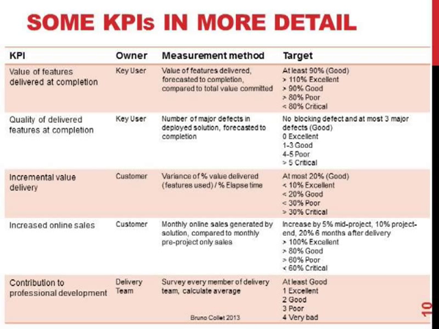The owner. Why is there an owner for a KPI? Why is it not just the project manager who is the owner of the KPI? Actually, it's a common mistake to have the project manager determine by himself or by herself the KPIs and how to measure them. The project manager will typically help and collaborate with the stakeholders to define the KPIs. The KPIs have to be chosen by the stakeholders who are interested in them, and the way to measure them, the measurement method, has to be agreed upon in collaboration with the stakeholders. Indeed, we want to make sure that the stakeholders are accountable for the KPIs.